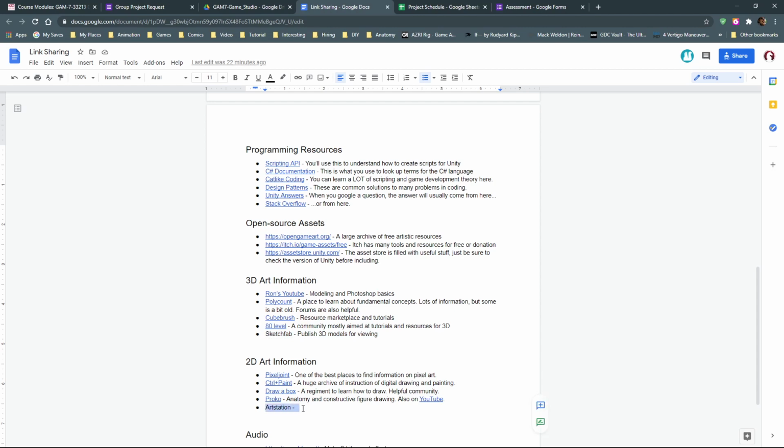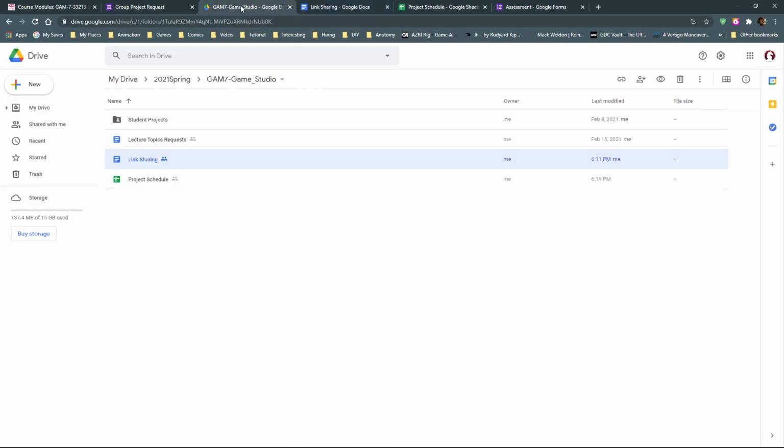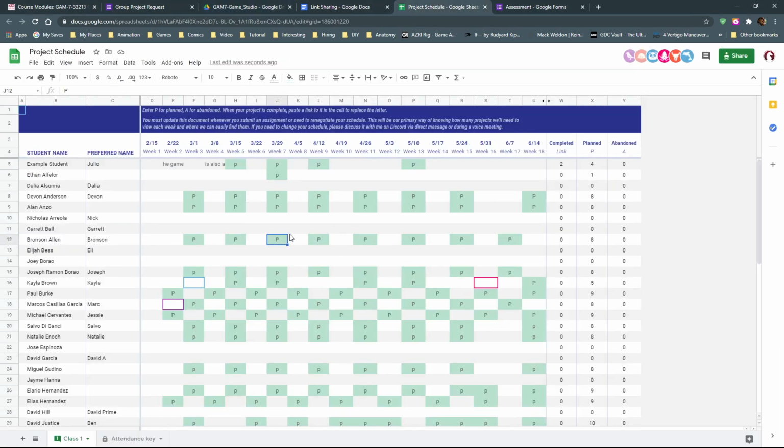It's just a portfolio site, although you can list it anywhere as long as we can view the thing. In fact, if you can make a playblast of your 3D animated stuff, or just save the PNG or JPEG directly into the Google Drive, that's fine for art. Okay? We just need to be able to, in one click, go there. So if you share a link from our Google Drive folder and then paste it right into the spreadsheet, everyone can just click on that, go right to the asset, and take a look at it.